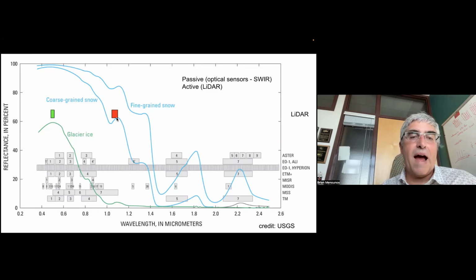We can also use active remote sensing, such as light detection and ranging. So this is laser light, both in the shortwave infrared, but also in the visible portion of the spectrum. So this green and red box represents LiDAR systems. I'll talk about the LiDAR system that we have on an aircraft. And then these are examples of all the different types of sensors we have at our disposal, but also the different ranges over the corresponding wavelengths that can be used to understand the optical properties of snow and ice surfaces.